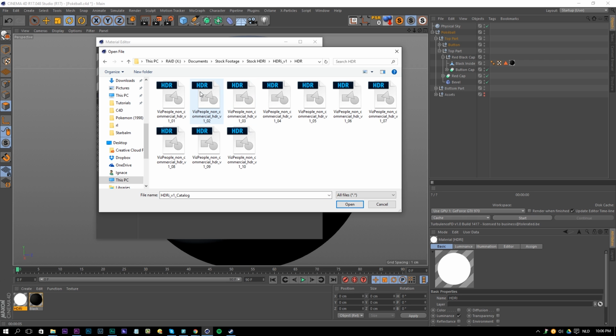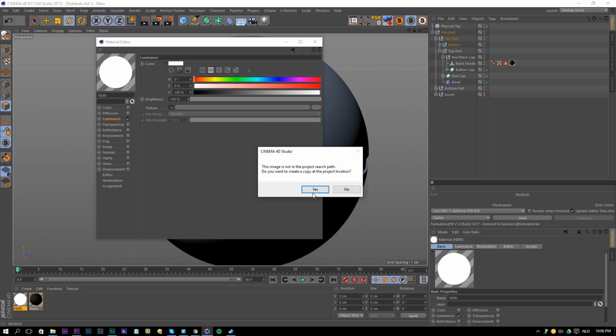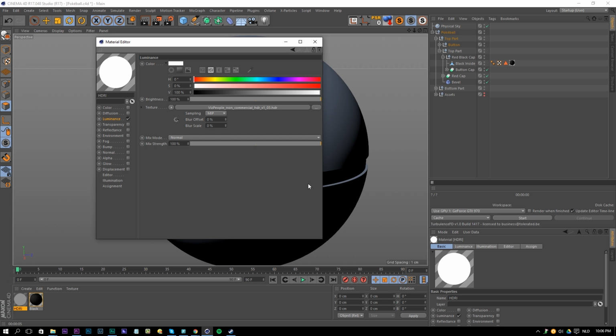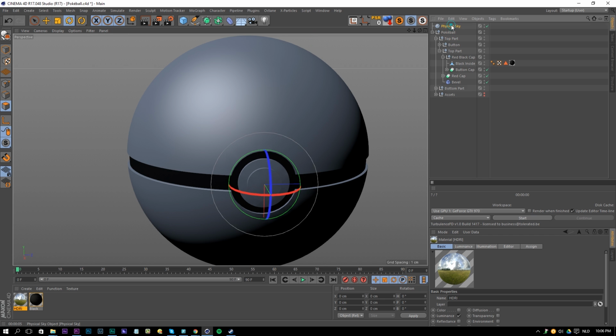I actually have HDR files. If you can find them online, there are multiple files, and these are actually just 360 images in HDR, so high dynamic range, which means that the shadows are a lot more visible and the highlights are not overexposed, but you get a lot of information, and that way this is going to be a light source, but also a reflection source for your image. So I'm going to load this one here. I can't share it with you because it's not mine.